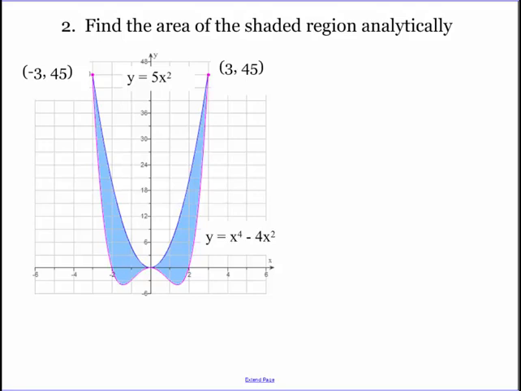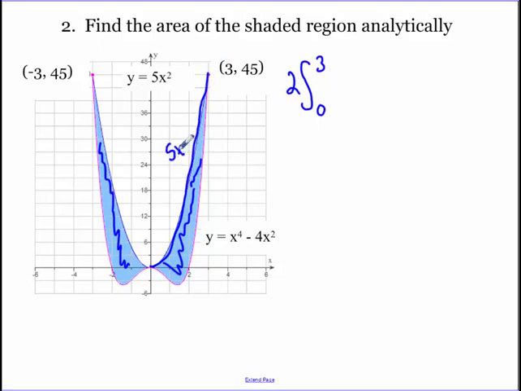Our next example. Notice the symmetry that we have here. Notice how the area to the left of our x-axis and the area to the right of our x-axis are symmetric. So we can just take twice the integral from 0 to 3. Now we have one function here, 5x squared. That's the function that's on top, farthest from the x-axis, minus the function that's on the bottom,